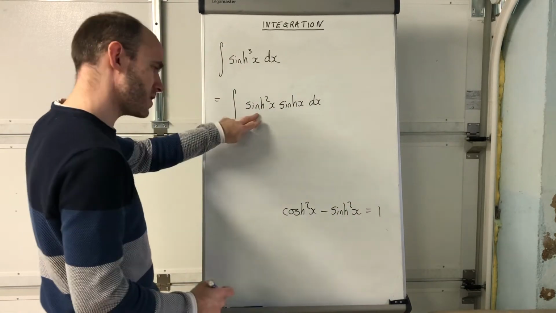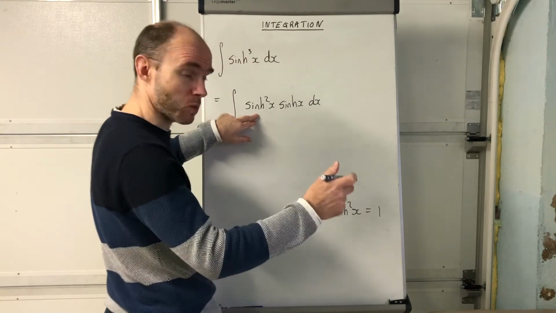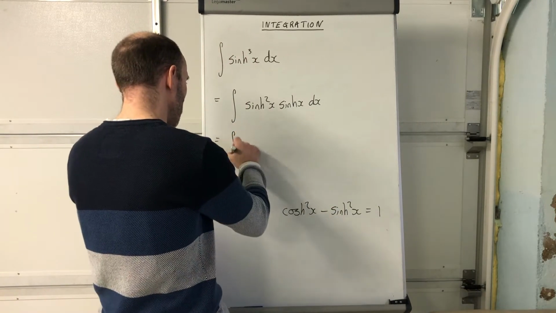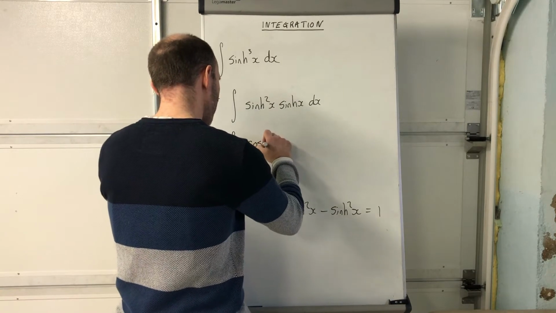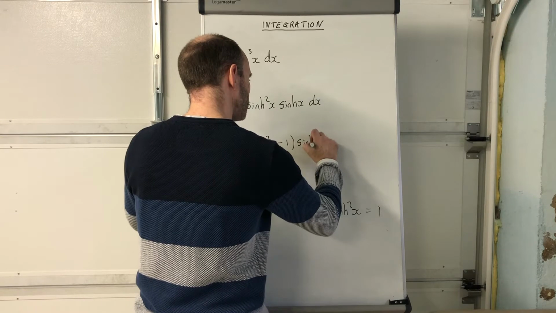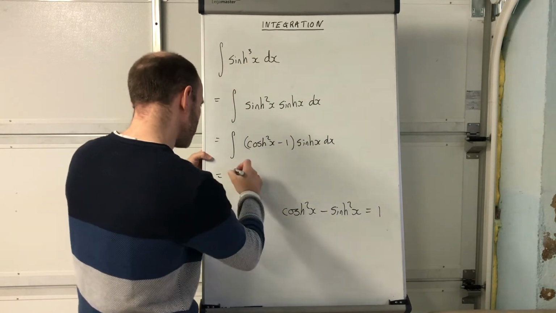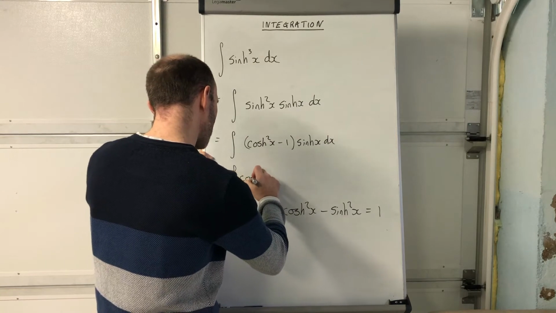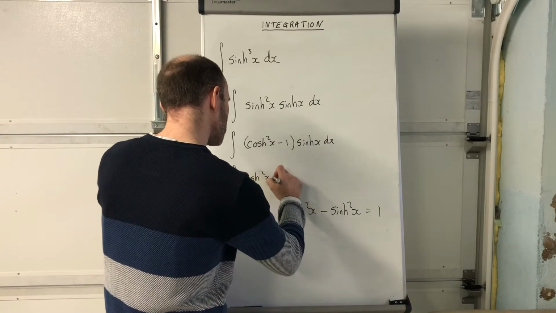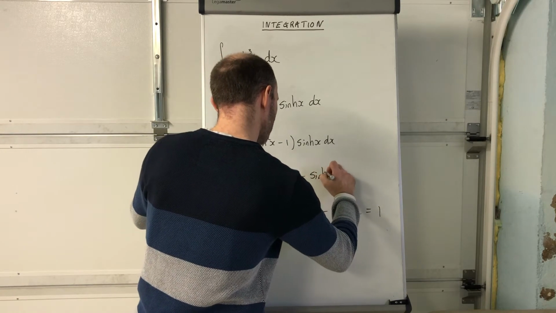And so sinh squared x is going to be cosh squared x minus 1. Okay, so the integral of (cosh squared x minus 1) sinh x dx, and then let's just expand the brackets there. So we'll have the integral of (cosh squared x sinh x, subtract sinh x), all in brackets there,